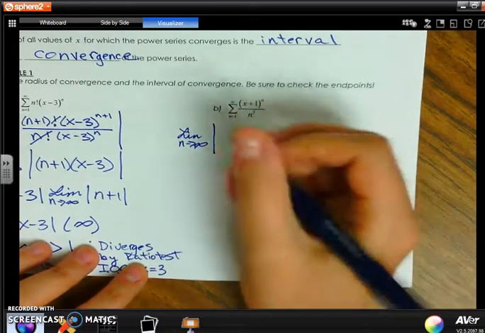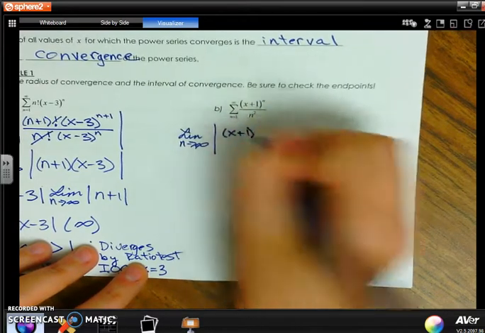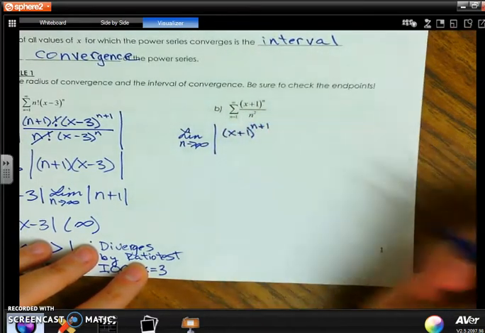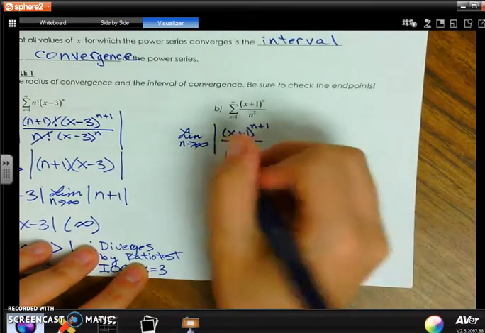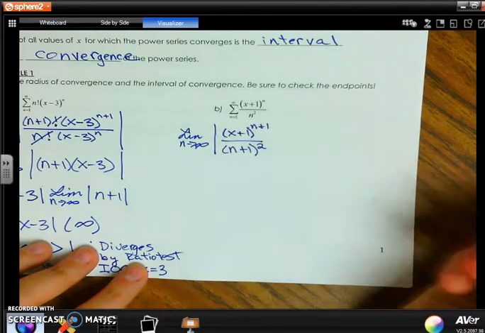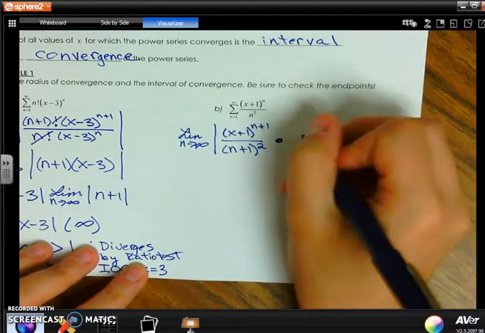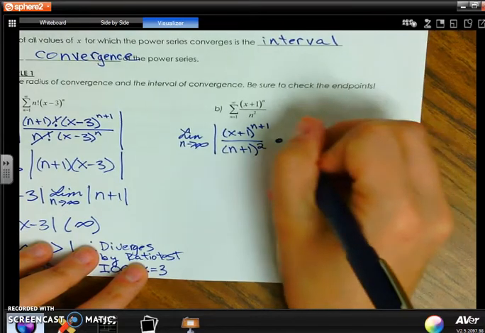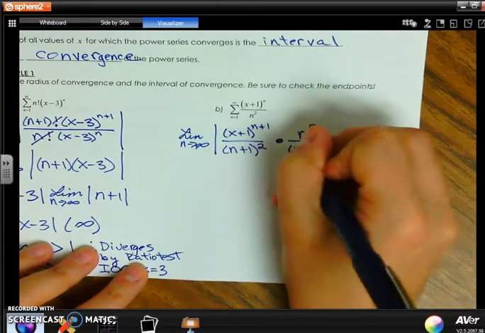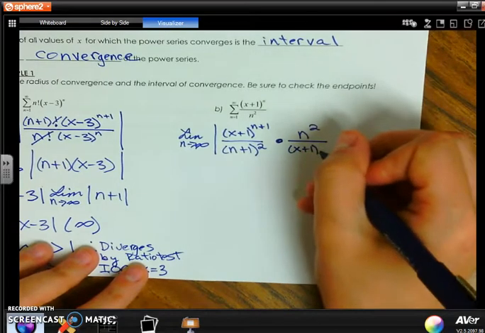And it's the absolute value. Wherever I see an n, I replace it with an n plus 1. So I still have x plus 1, and then this becomes an n plus 1 up there, divided by n plus 1 quantity squared. And then it's divided by the original, and again, I'm changing that to multiplied by the reciprocal, and that comes straight. If you're having trouble remembering your ratio test, you're going to want to reference that hot pink sheet